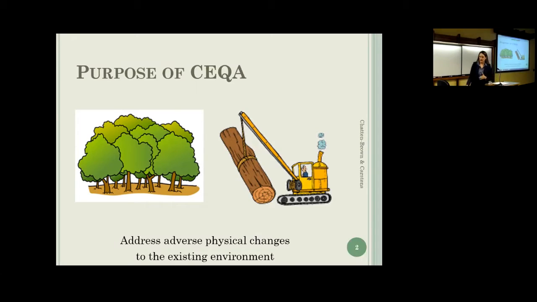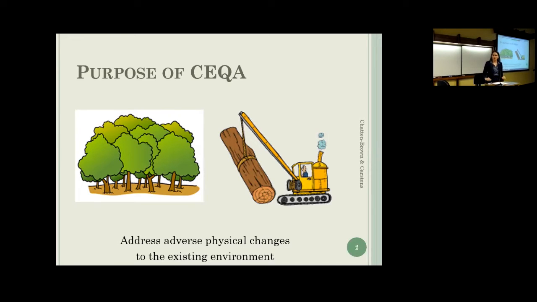I always like to recommend, especially to community groups that are getting into CEQA and wanting to address it, getting one of these either from CELSOC or the Association of Environmental Professionals. It's got the entire CEQA code and guidelines in it. I like the AEP version because it has a very good index in the back. If you're interested in an issue, you can look it up there and then go to the code section.